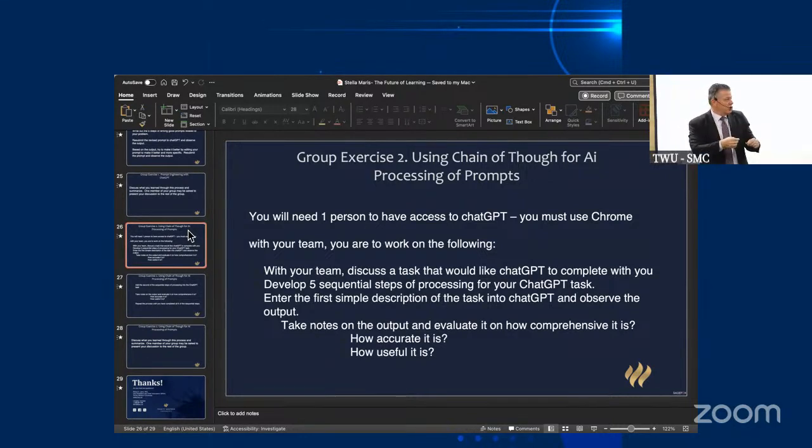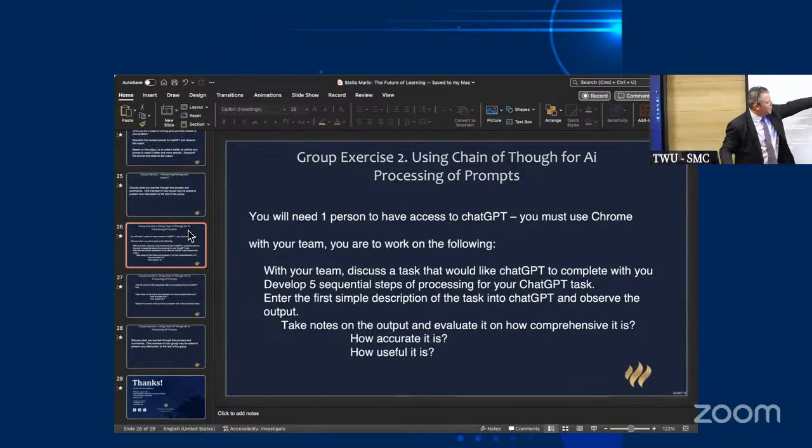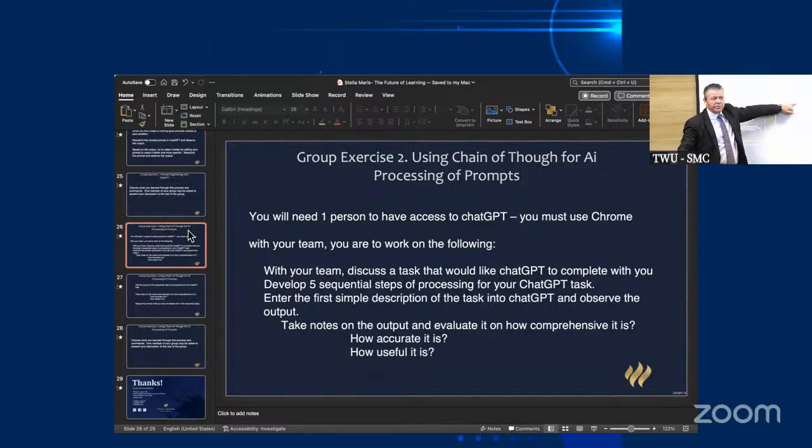And then you can use chain of thought. You can say, make sure that the research is current, and change all the research to current research. Chain of thought is where you have 6, 7 prompts layered to improve the quality of output. That's called chain of thought. So in chain of thought, what you're doing is using ChatGPT, developing a set of sequential steps for processing a topic, and then sequentially processing the topic through ChatGPT.